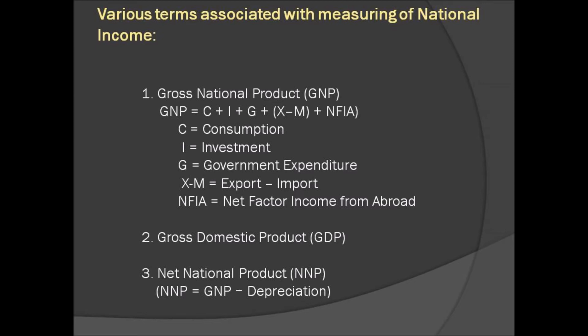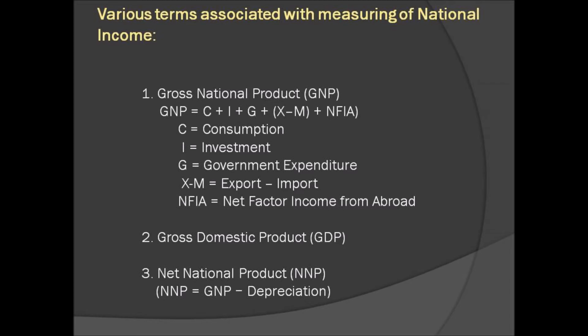First one is the gross national product, GNP. The gross national product is the total value of goods and services produced and income received in a year by domestic residents of a country. It includes profits earned from capital invested abroad. That is, it takes the income earned by the citizens of the country, present within or outside the country, into consideration, and it excludes the income generated by foreign nationals residing in the country.